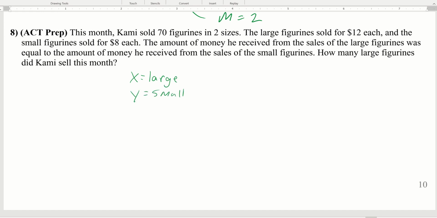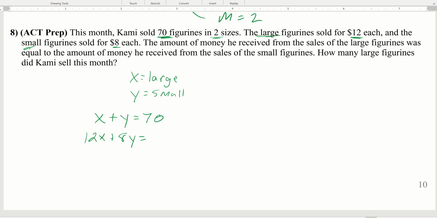Okay, so Cami sold 70 figurines in 2 sizes. So the way we're going to do that is X plus Y. So the large and the small figurines, Cami sold a total of 70 of those. Okay, this is the number. So number of small, number of large. Now we're going to talk about cost. So the large cost $12. Okay, so 12x. And the small cost $8, so plus $8,